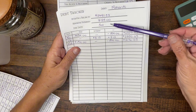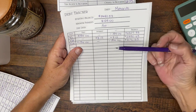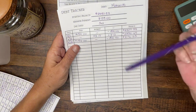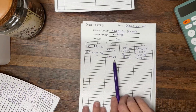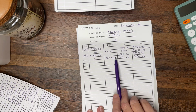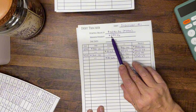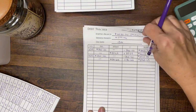We're coming up to... I thought I made a payment on that. Oh no, remember I paid all the bills on the 15th. Check. Okay, so that's that one. Discover. Now you can see here the interest is $30 odd. I make a $300 payment, and I'm wondering if I should drop that to $240 and take that extra $60 and put it on this